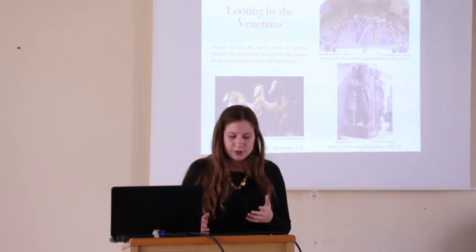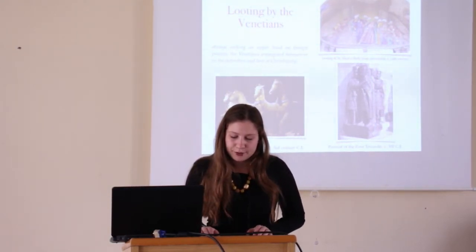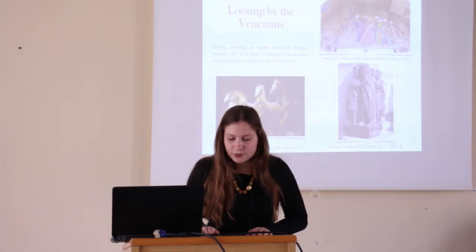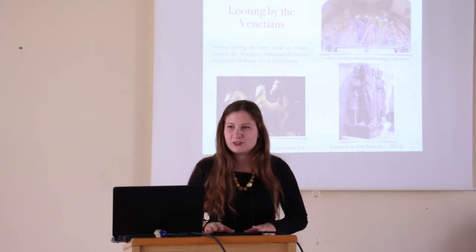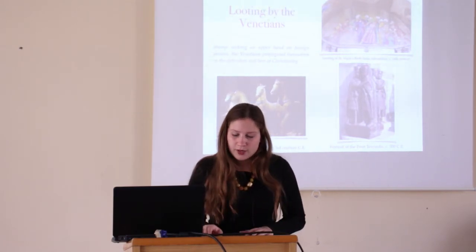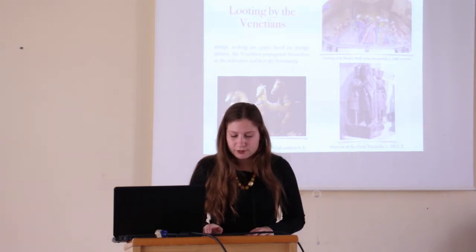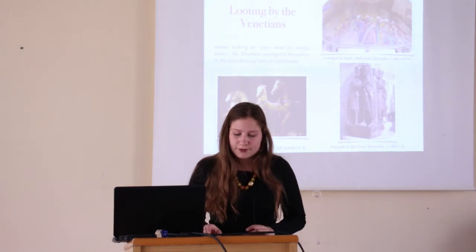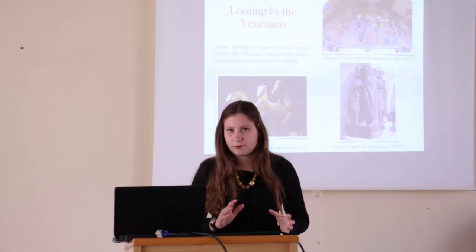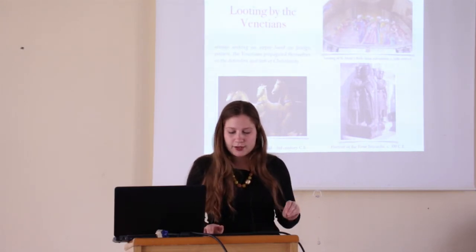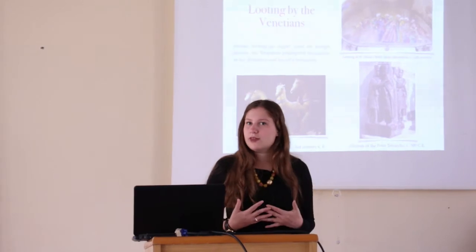Then the other piece is a sculpture of 4 Roman emperors dating from around 300 AD. They were taken from the Philadelphion in Constantinople, which is basically the public square. And during the early 4th century, the Roman Emperor Diocletian instituted a tetrarchy, so 4 rulers, for the eastern and western halves of the Roman Empire. And even though this only lasted for about a decade, they are a symbol of unity and stability. So you can see why the Venetians would want to bring them back to Venice, kind of as a symbol